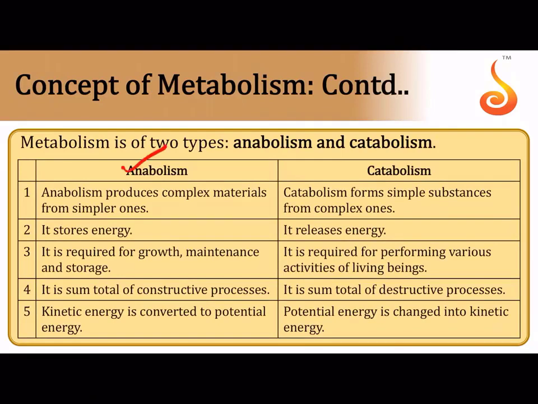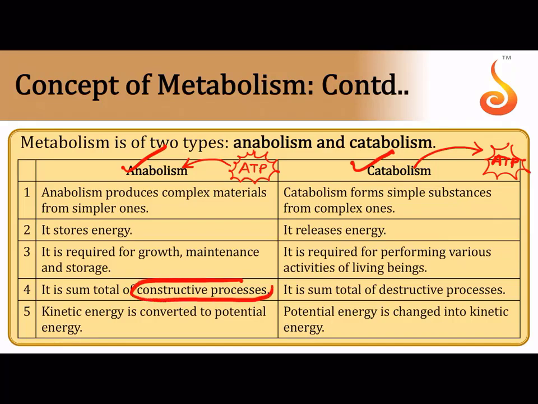Concept of metabolism. You know about anabolism and catabolism. Anabolism, the best example is photosynthesis, where it is a build-up process, and catabolism is a breakdown process. Anabolism requires you to feed energy in the form of ATP for most of the anabolic procedures, but for catabolism we get energy out of it, in the form of ATP. So we can call anabolic reactions endergonic because they absorb energy, and we can call catabolic reactions exergonic because they give out energy.